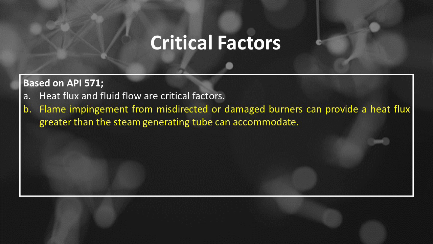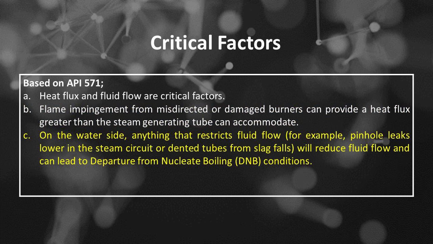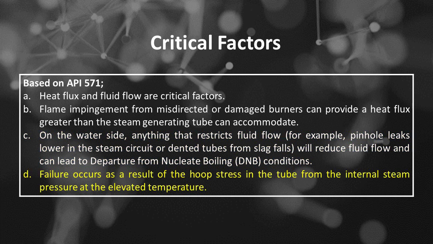tube can accommodate. The third is on the water side. Anything that restricts fluid flow, for example, pinhole leaks lower in the steam circuit or dented tubes from slag falls, will reduce fluid flow and can lead to departure from nucleate boiling, DNB, conditions. The fourth is failure occurs as a result of the hoop stress in the tube from the internal steam pressure